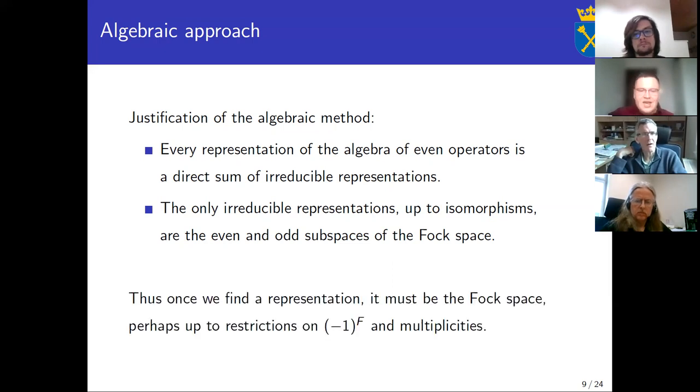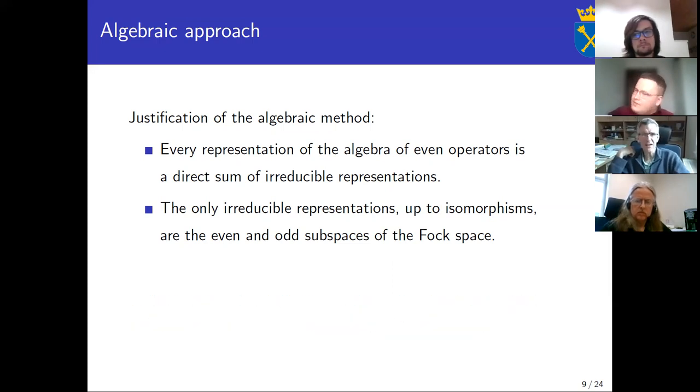One can show that. Okay, so when you say the algebra, you mean the algebra of even operators? Yes, I briefly mentioned also the algebra of all operators, but yes, even operators. What are even operators? They can be defined as those operators which commute with (-1)^F. But any such operator is just a polynomial with terms only of even degree in fermionic fields. So this is the even algebra.